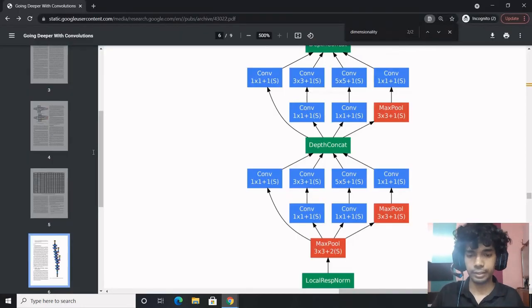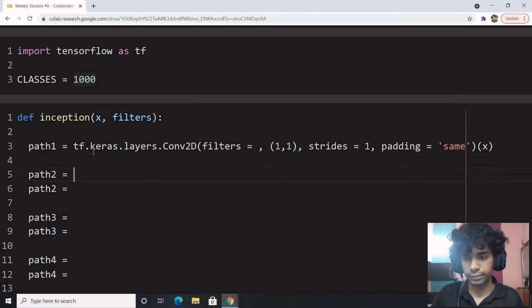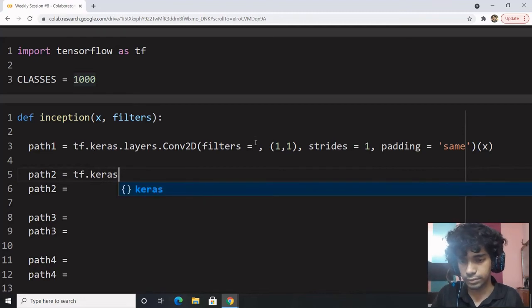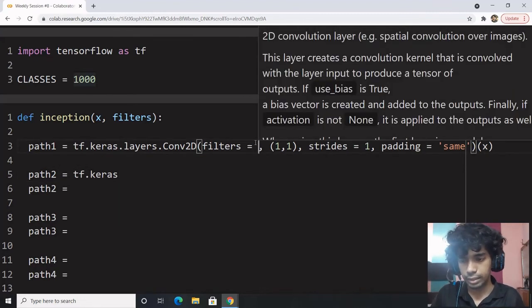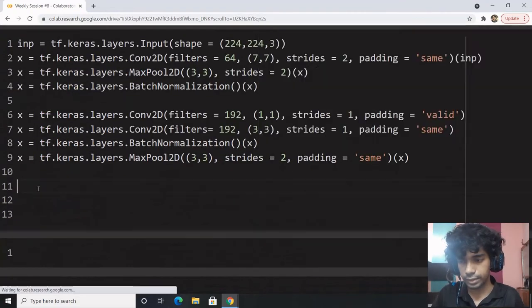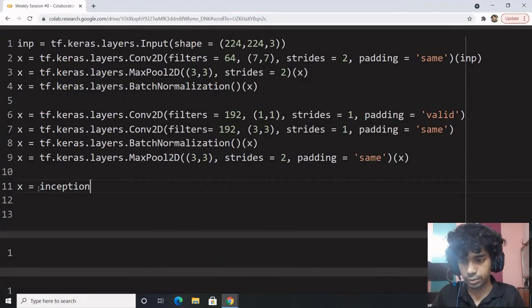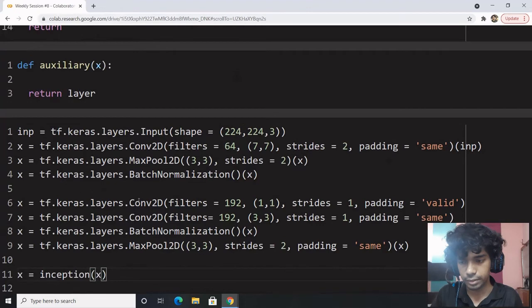This would be the ultimate output of path 1. We'll check out the number of filters. For path 2, how the filters would work is, I'll define, let's say x equals inception, I'll call the function inception and pass in my layer.